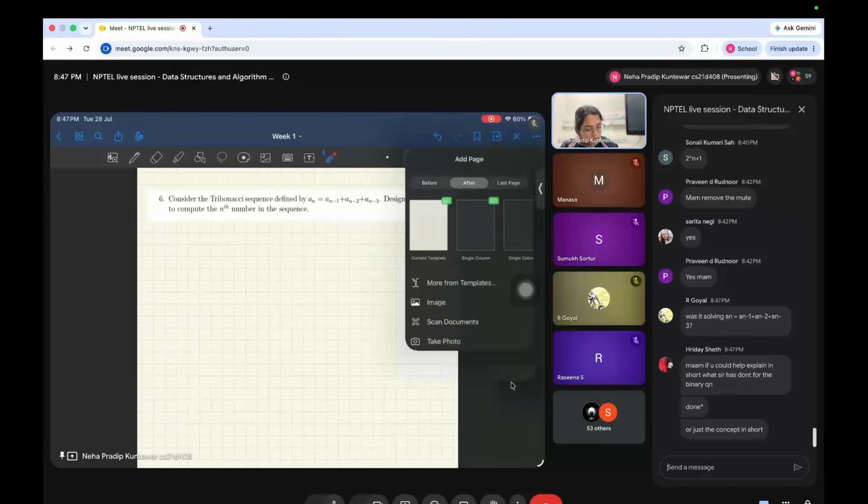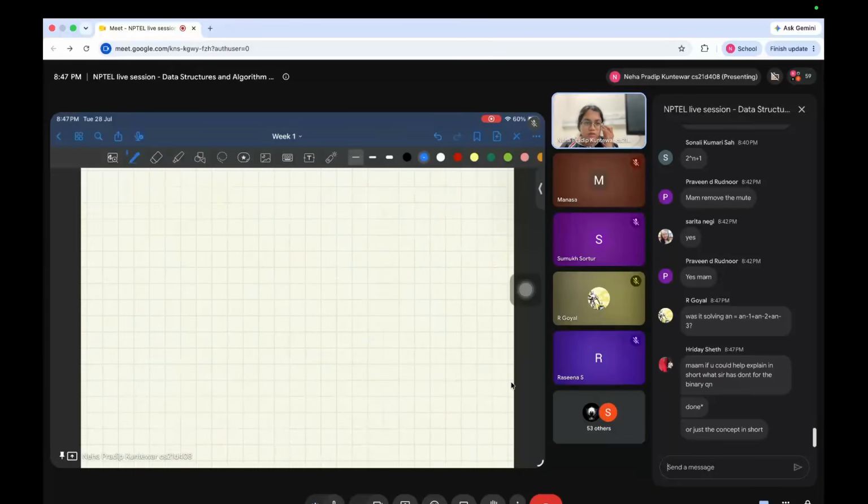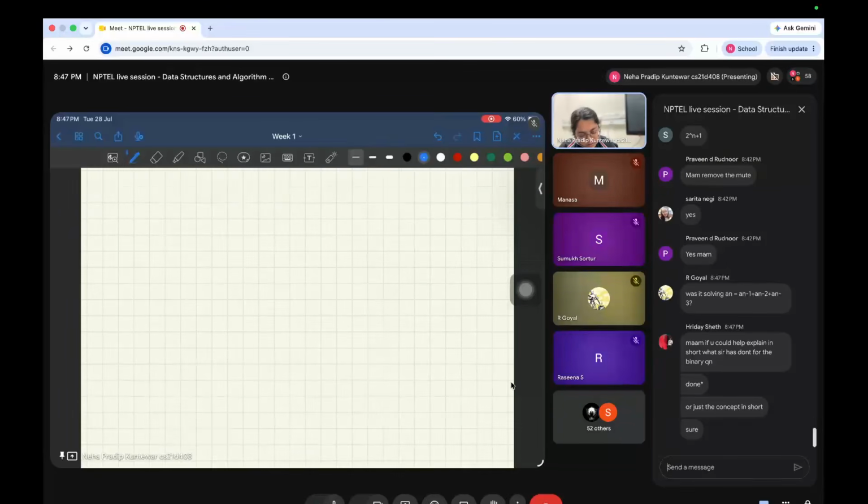So maybe I'll not do the analysis, but we will just go through the basic idea. The idea is that the nth Fibonacci number is defined as follows. Let's say I start with 1, 1, and these are your two numbers. The next term is going to be the sum of the previous two, so this will be 2. The next term is the sum of the previous two, and so 3, 5, 8, and so